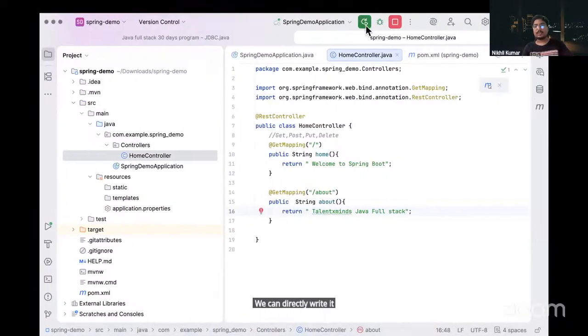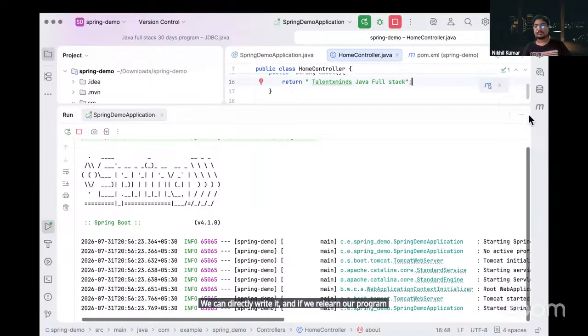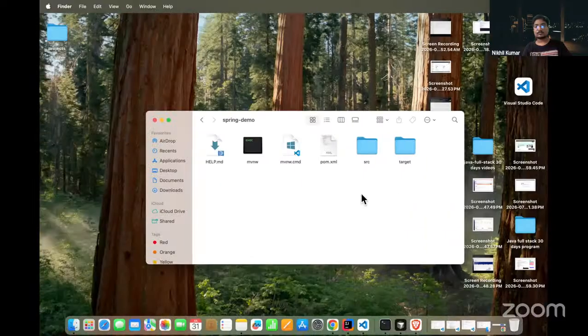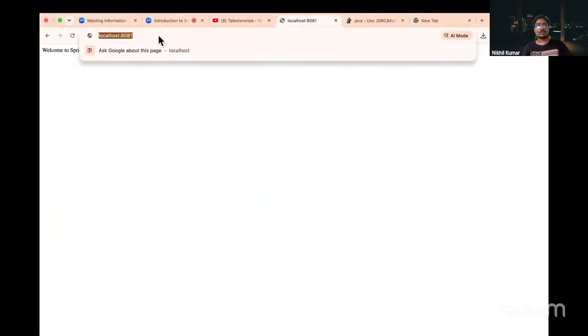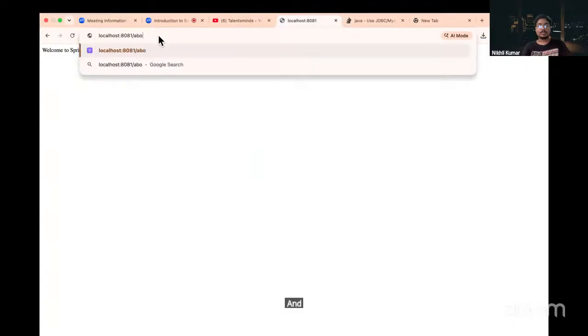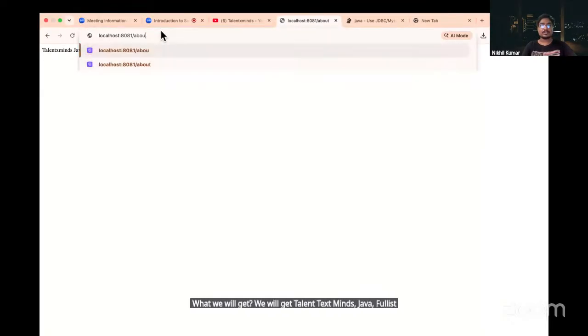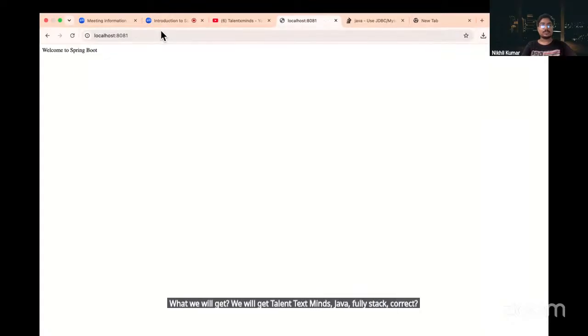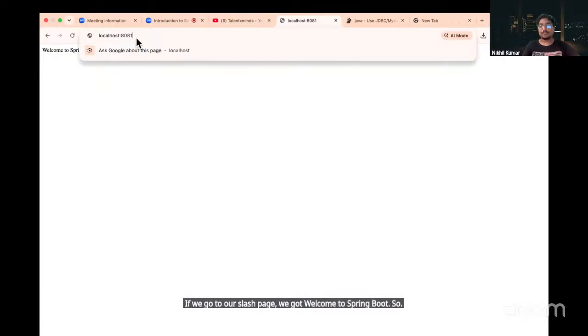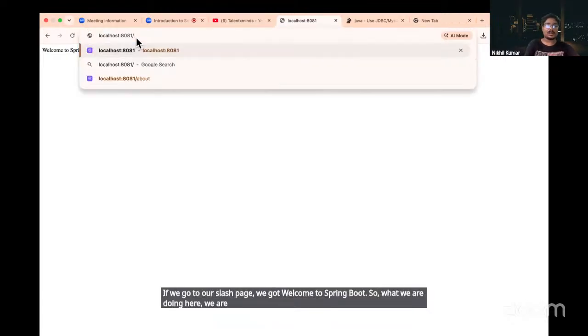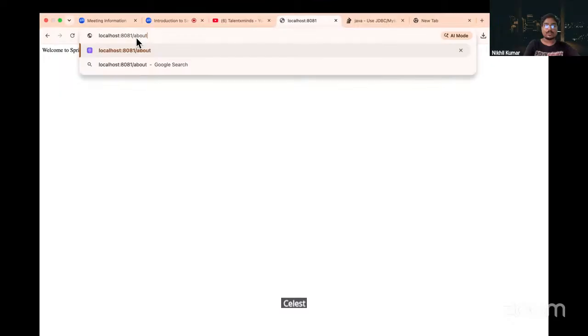And if we rerun our program, here we just write about. What we will get is TalentXMinds Java full stack, correct? If we go to our slash page, we got welcome to Spring Boot.